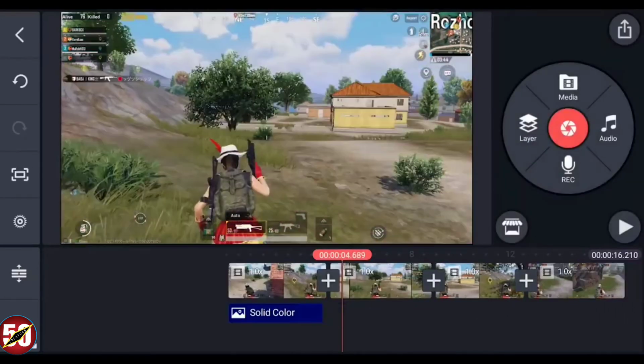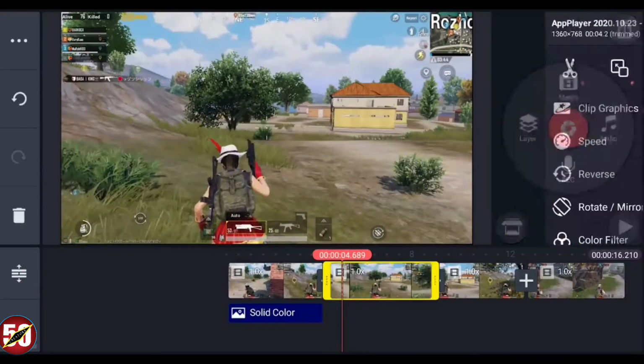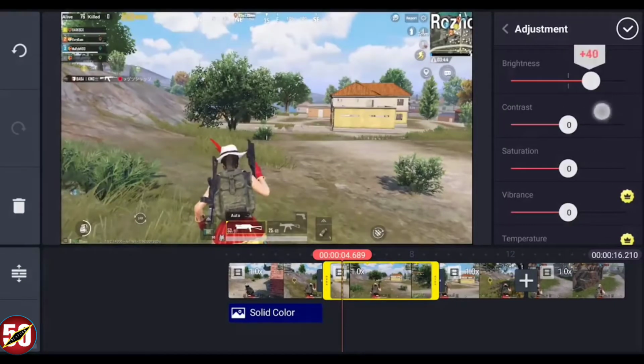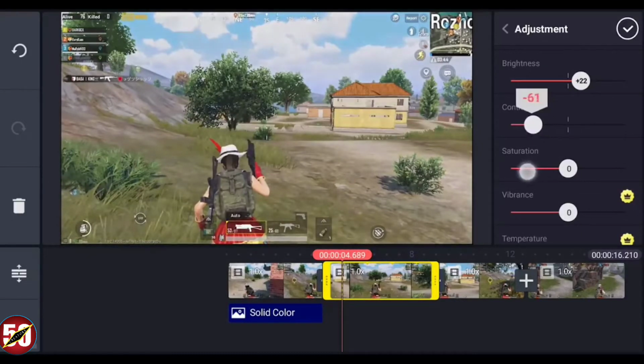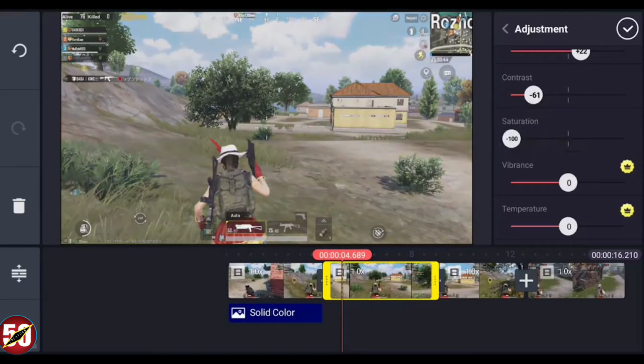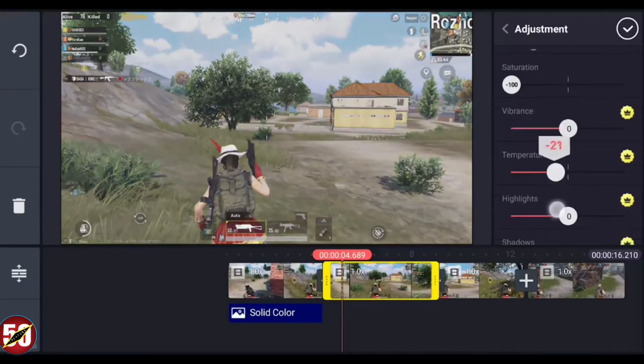Now let's move on to the second one. So first you have to select the clip and go to adjustment. Here increase the brightness by +22. The contrast will be -61, saturation will be -100 and temperature will be -5.